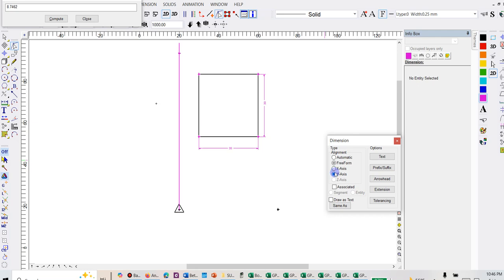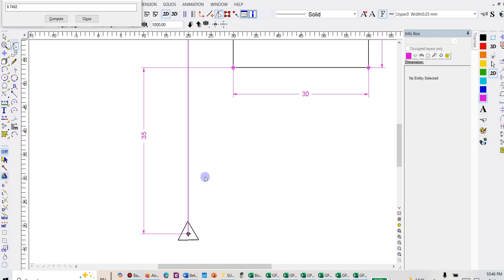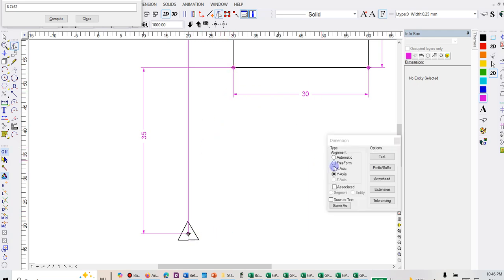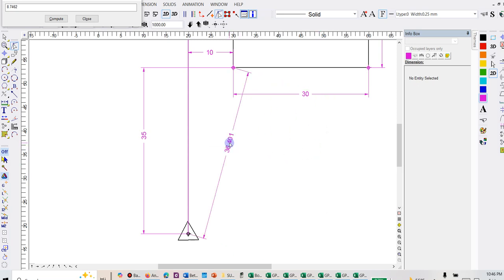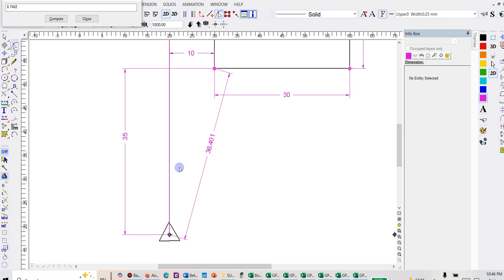Y is 35 feet, and then this X is 10, and then you're going to calculate the distance this way, free form. All right, so you're going to do the math, and you're going to get these dimensions here, right? So now what we need to do is, we're set up here, this is 0,